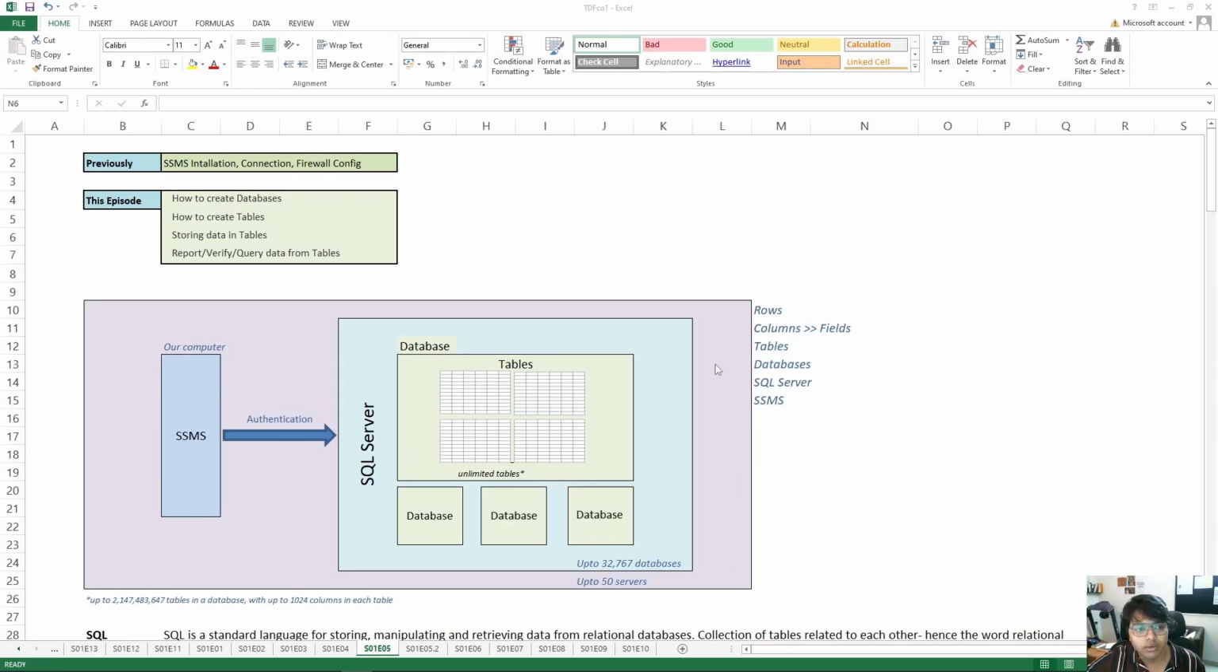Hello everyone, welcome to a new session of SQL Server and T-SQL. So previously we had covered SSMS installation, how do we connect the two instances that we had installed in our systems, as well as the online server, also a few firewall configurations that we had to do as part of the process. Now in this episode,